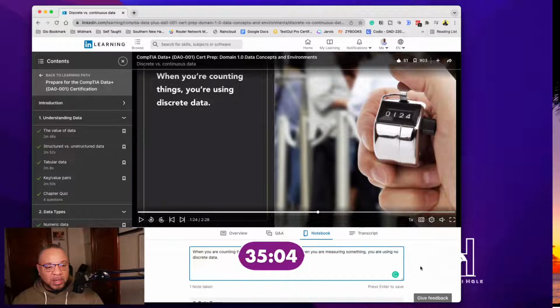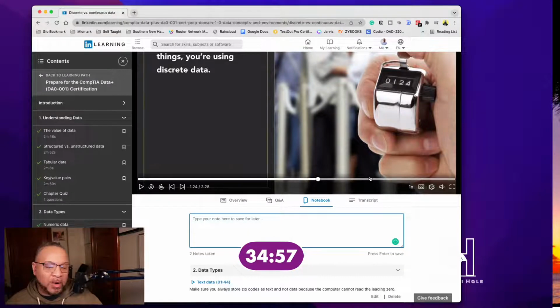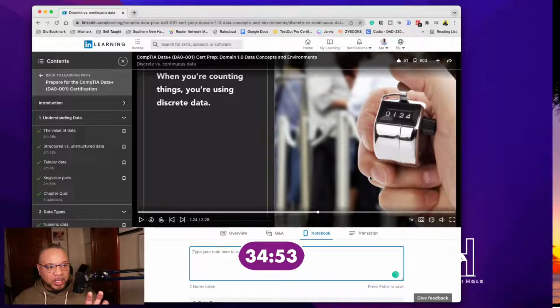Makes sense then. Okay, I want to make sure that that is noted as well. Because it was just kind of rattling around in my brain trying to figure out, when you're dealing with something that is discrete data, the part that made that easier to understand is when he was saying you're counting the number of people coming into a stadium because you can't have 0.5. But if you were measuring, let's say, a desk or something, that is going to be non-discrete data because that can have a decimal point to it, basically.